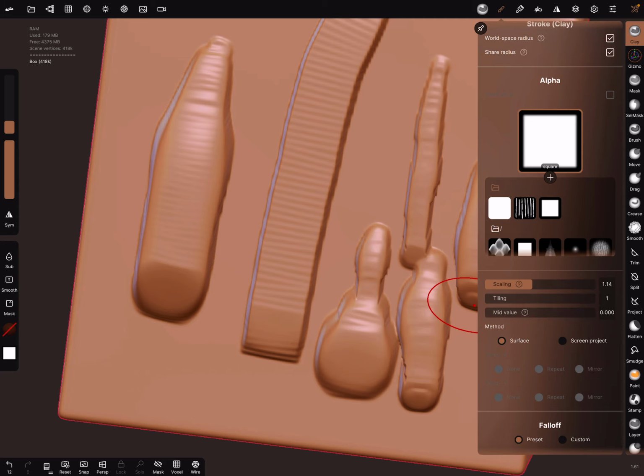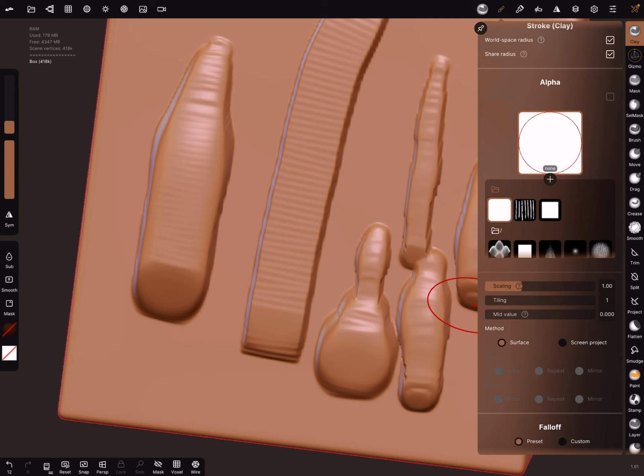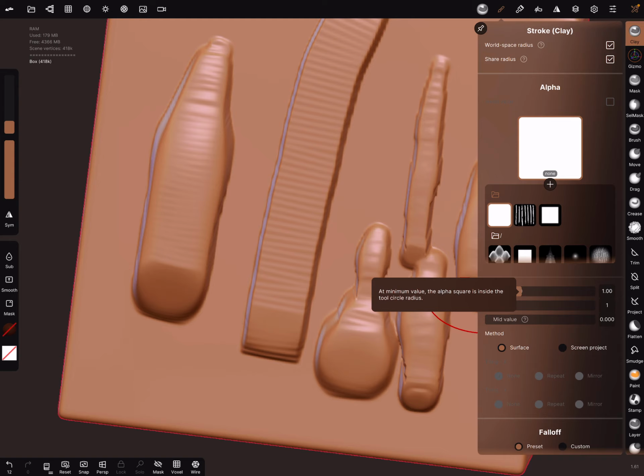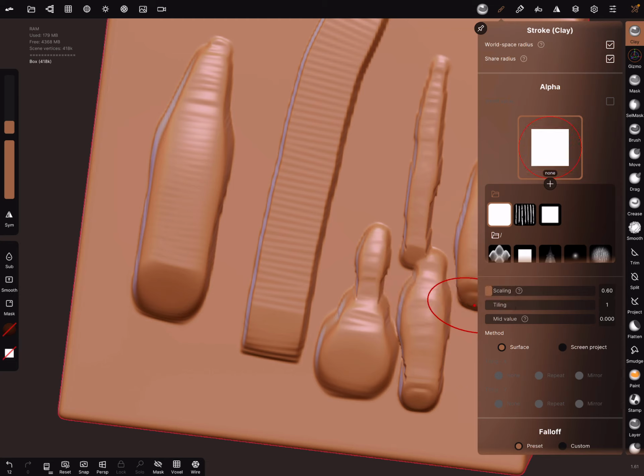And when you change your alpha, for example, to this, and scaling to 1, now it's a circle, because the white area is larger than the circle. And when you scale it smaller, then you get a square from the same alpha.